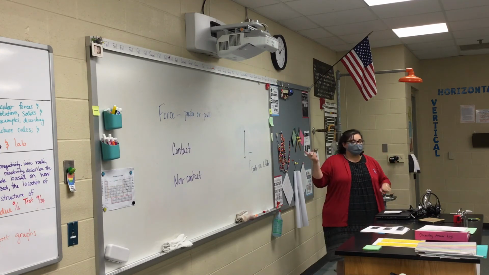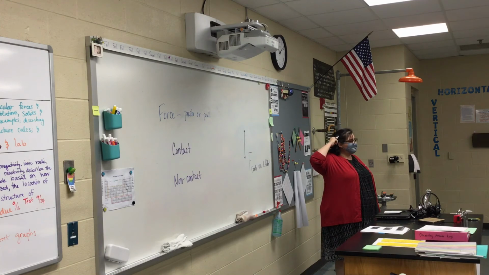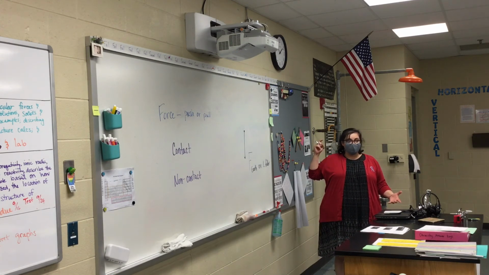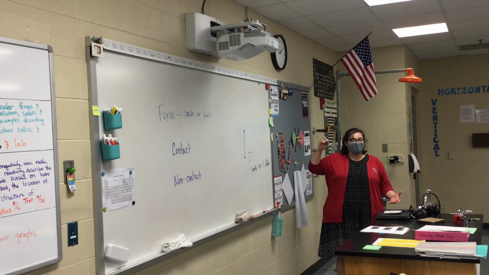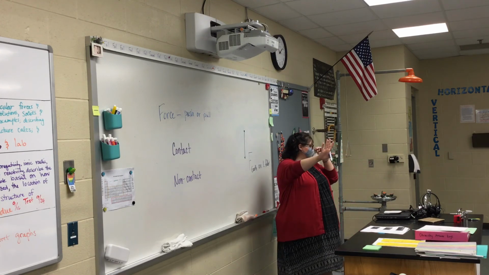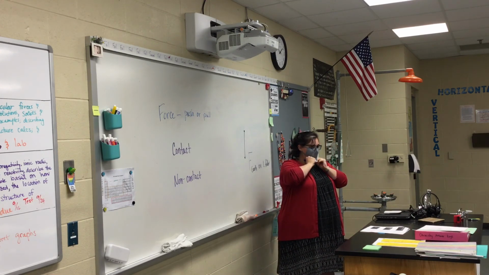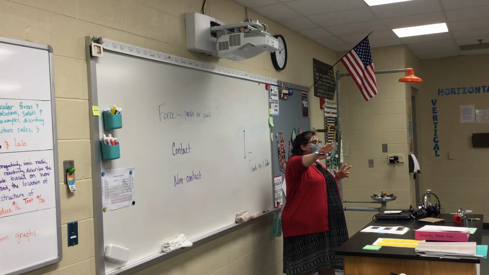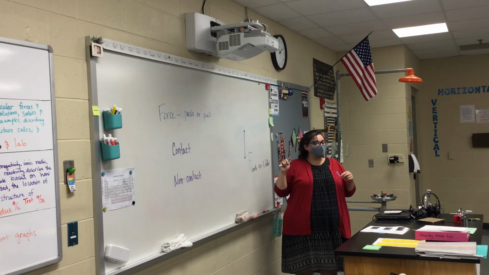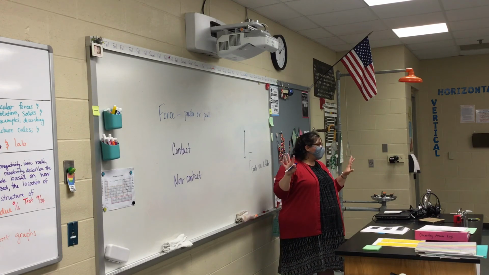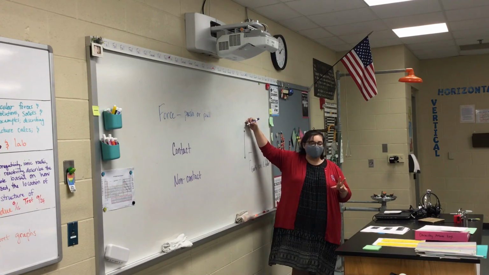So, wait, I got an arrow down already. Yeah. But it's on top. So just like add another point, I guess? Can you branch off of that arrow? This conversation over here, sometimes they're a little hard to hear, because they talk softly. But Gage said we could put an arrow on top, and then he said, wait, we can't do that. Why can't we do that, Gage? Because you can't have an arrow pointing at the dot. Yeah, all of our arrows have to point away from the dot. So we can't have one on top.